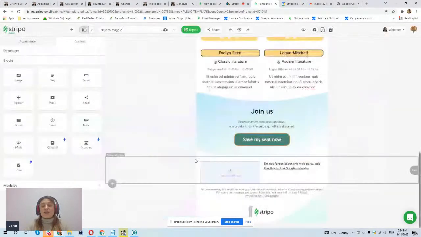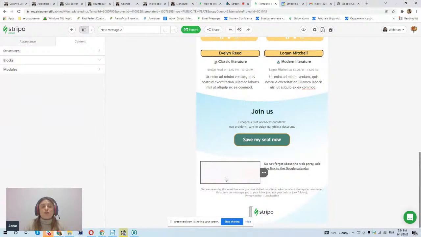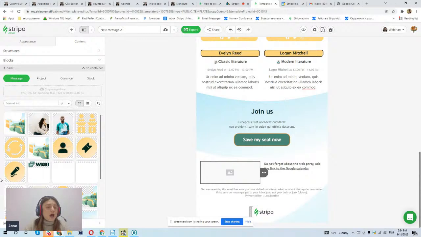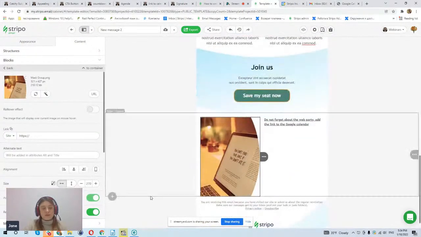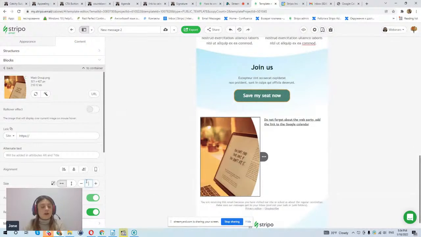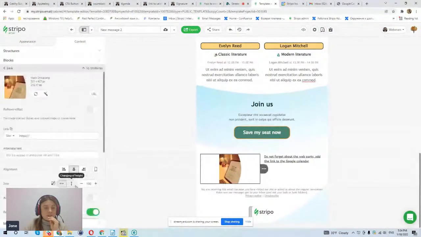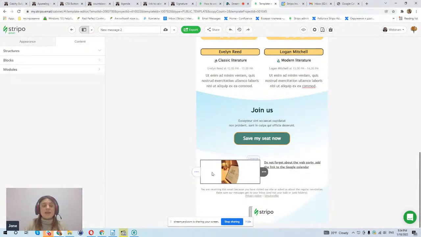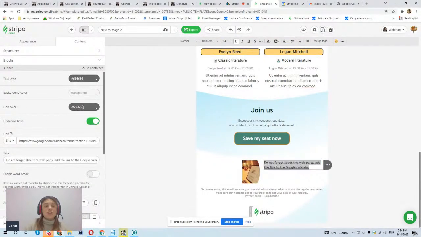Okay, let's continue to customize the structure, make it more attractive actually. Let's add some image that is related to our webinar. For example, I want to add this image with the book. It's appropriate for our topic. Okay, customize it a little bit. And let's align it closer to our text and make this text actually green